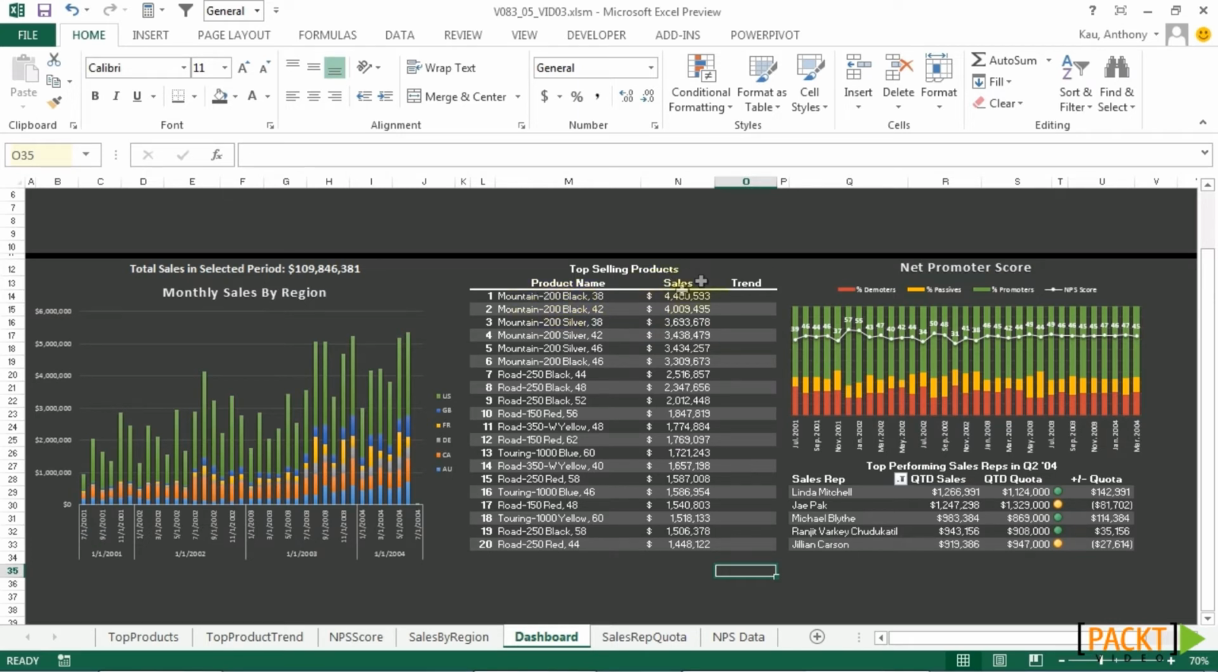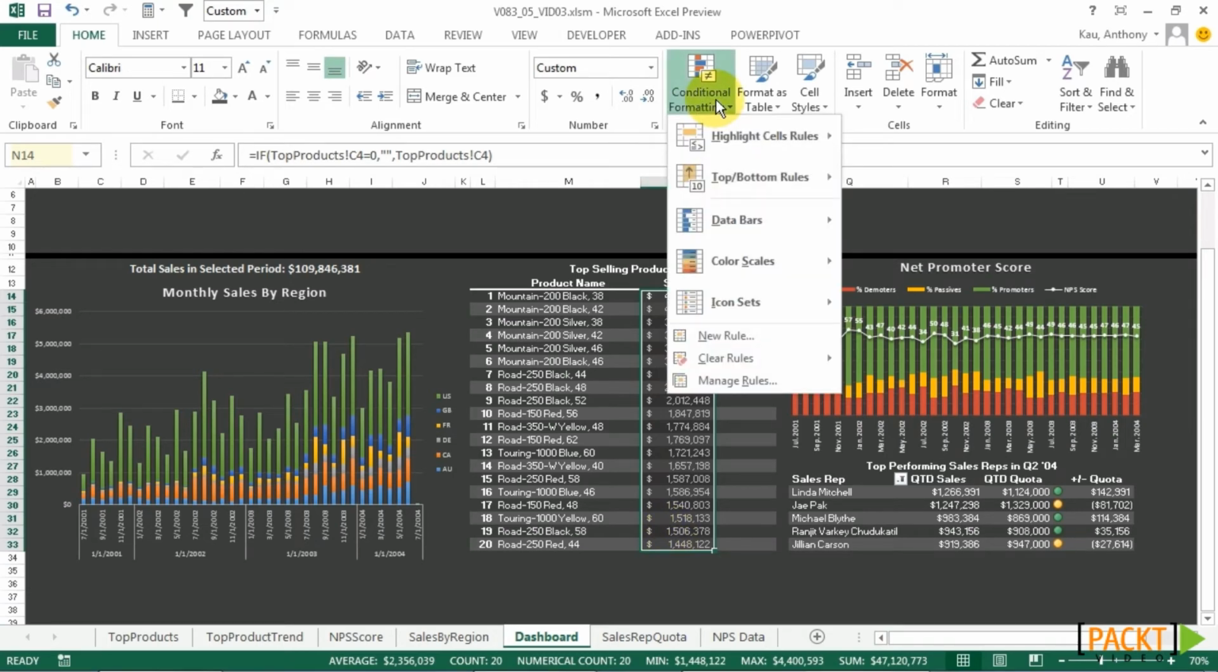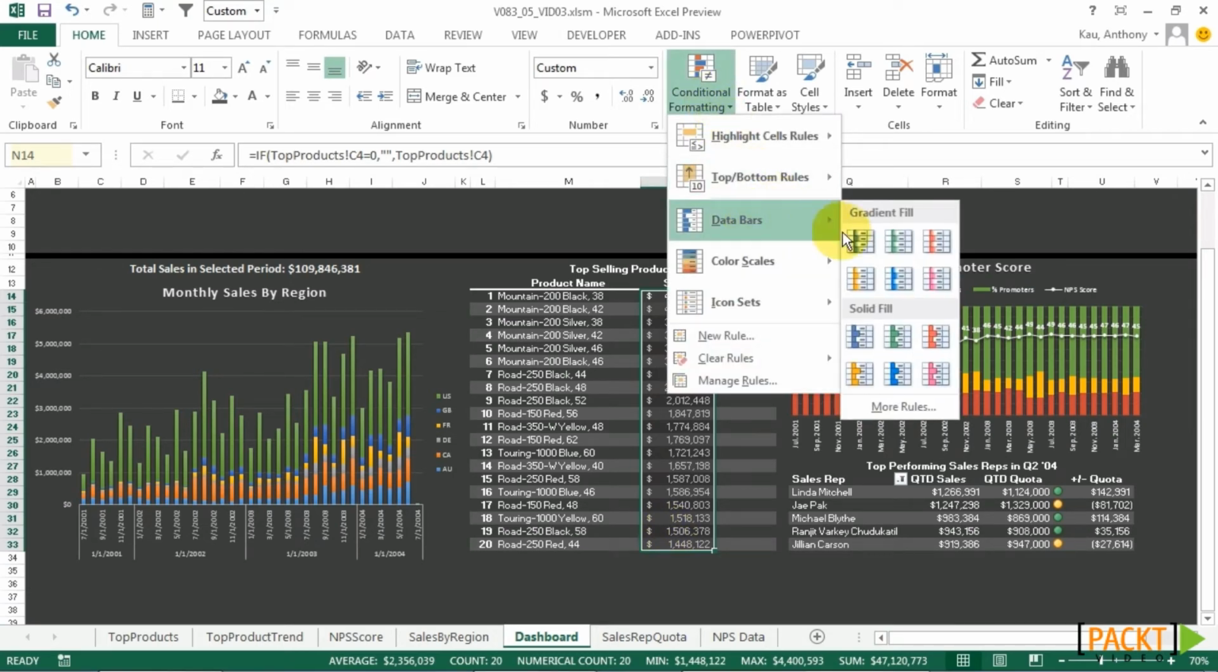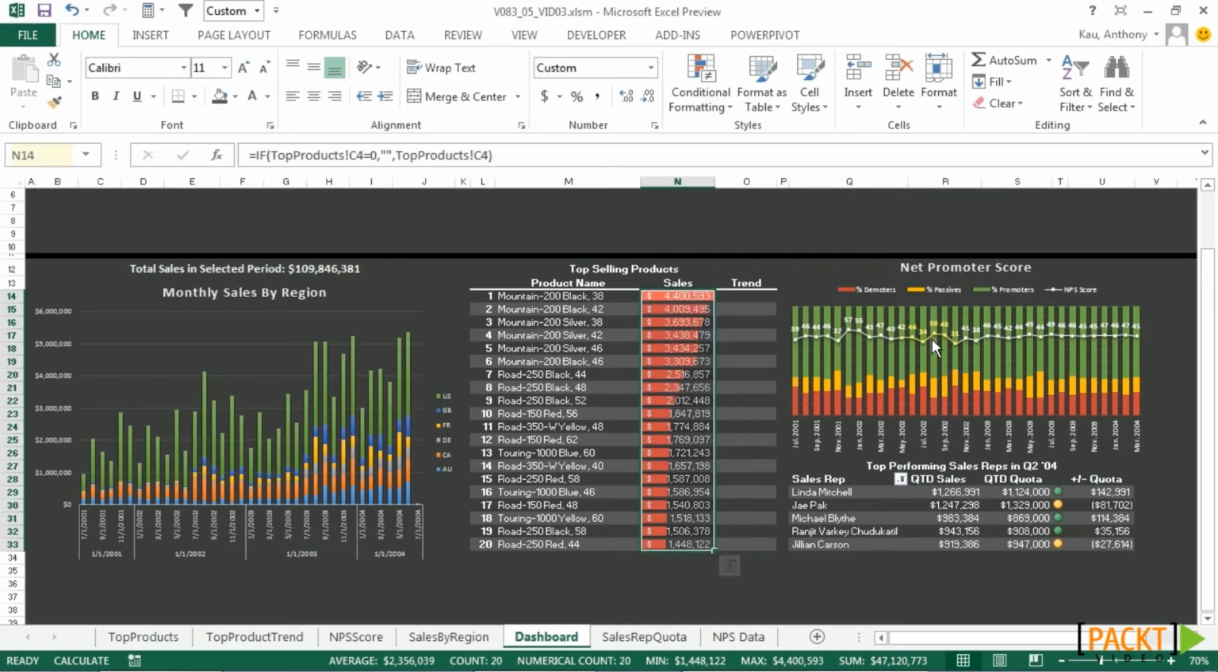But let's pretend we wanted a bar chart to appear underneath these numbers to help us visualize exactly what they were relative to each other. So we'll go select the range we want, click Conditional Formatting, go to Data Bars, and choose one of these. So now we've got data bars in the background based on the value in that cell. Let's go ahead and hit Undo,